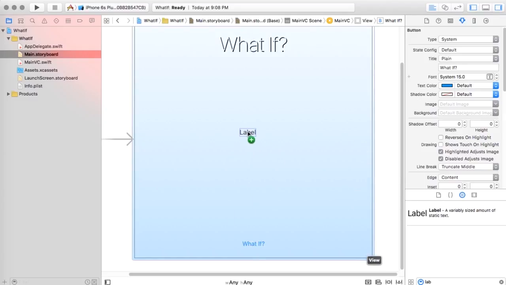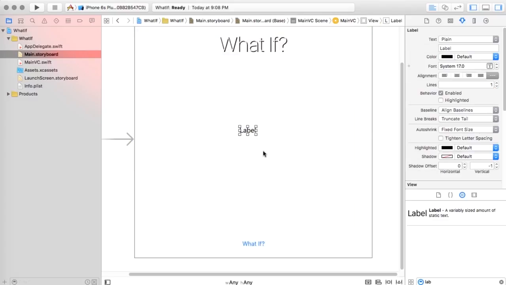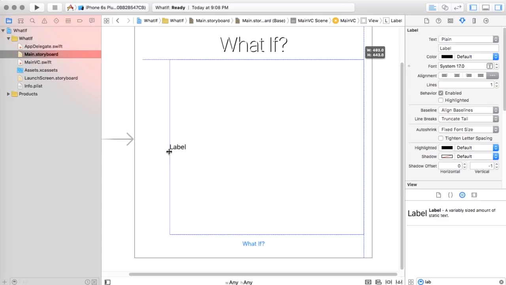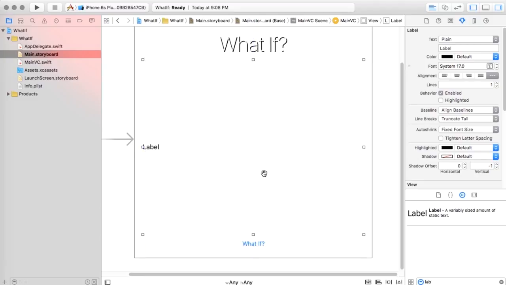Now I want to show you how to align this, but I'm going to show you how to align it with auto layout. But we want the height actually to go all the way up to where this starts and come all the way down to where the button starts. And for the width, we're going to do the same thing. We're going to go over to the margin on the right hand side and to the margin on the left hand side. Okay, now let's center this,